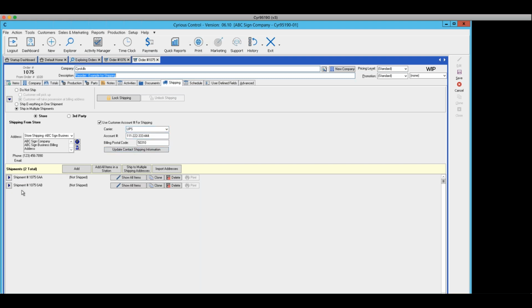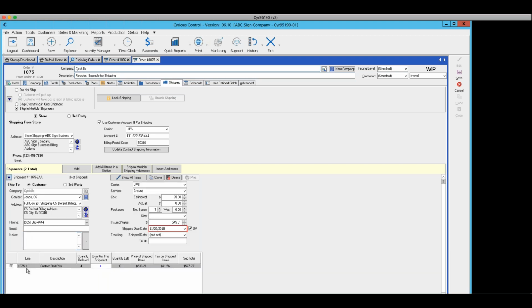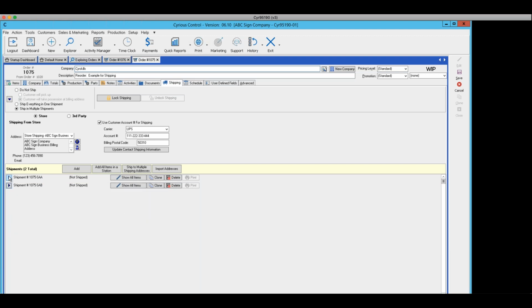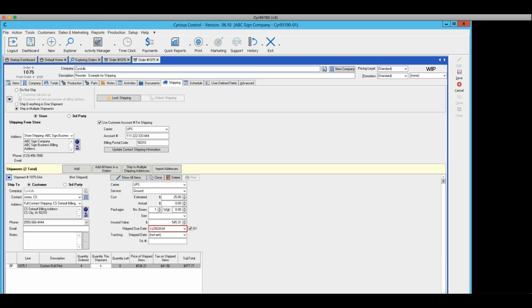Now here, I've got 2 different items, 2 different shipping items. The first one is line item 1. We'll come back to this in a second. And the second one is line item number 2. Okay. And here I am, the address information for the first shipment, the cost,